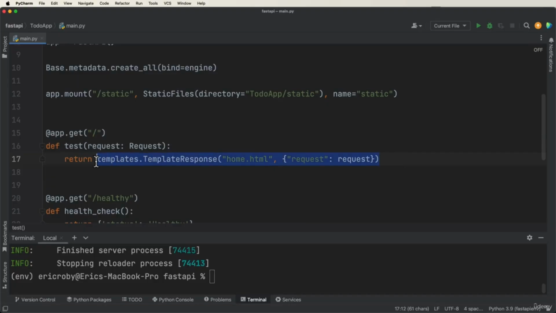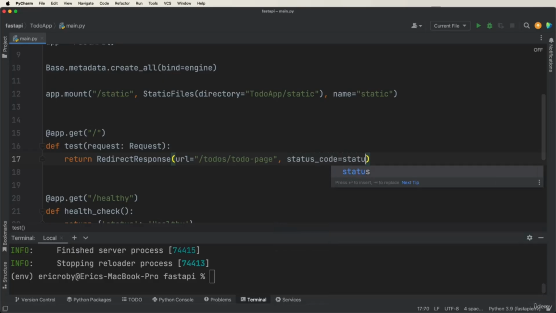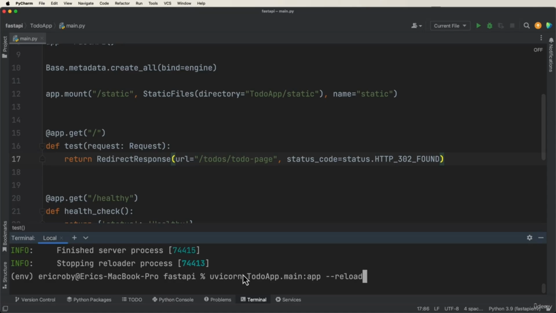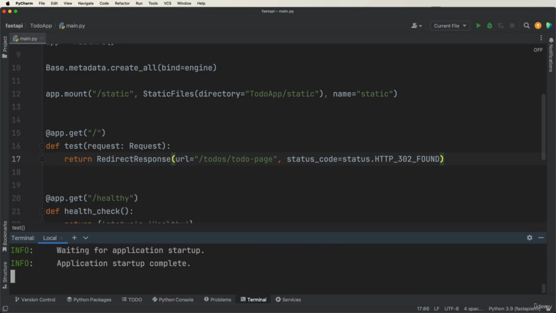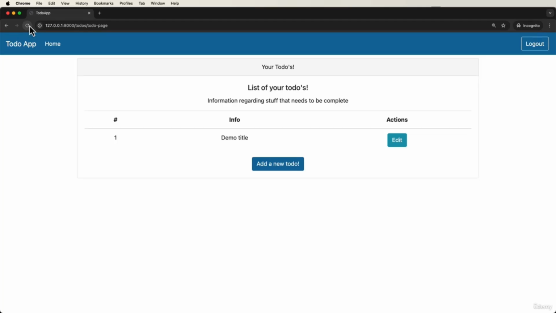Now this will cause an error. So what we can do here is we can say delete that. What we want to say is return RedirectResponse to our URL of /todos/todo-page, with a status code that's equal to status.HTTP_302_FOUND. Perfect. And now if we go ahead and we rerun our application and we refresh this page, we will be